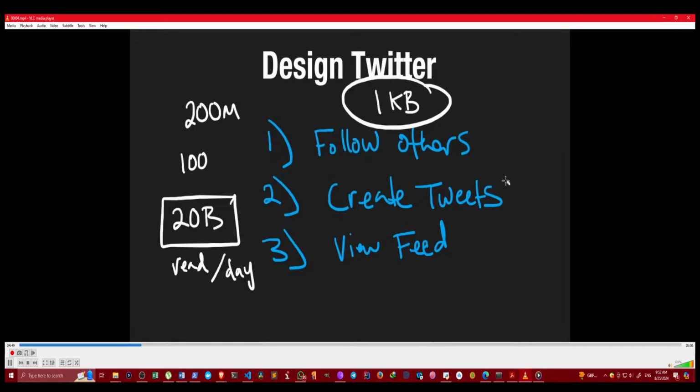Now, we also know that some tweets can contain images and videos, so on average, this is going to be higher. How much higher? We could spend a lot of time digging into the math. You could ask your interviewer a bunch of questions, but most likely this is not what they want you to spend time on. Let's just average this up to a megabyte, because maybe videos on average are 10 megabytes